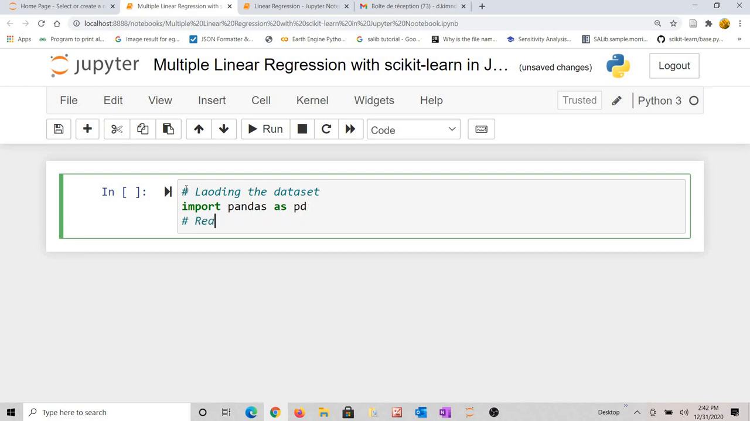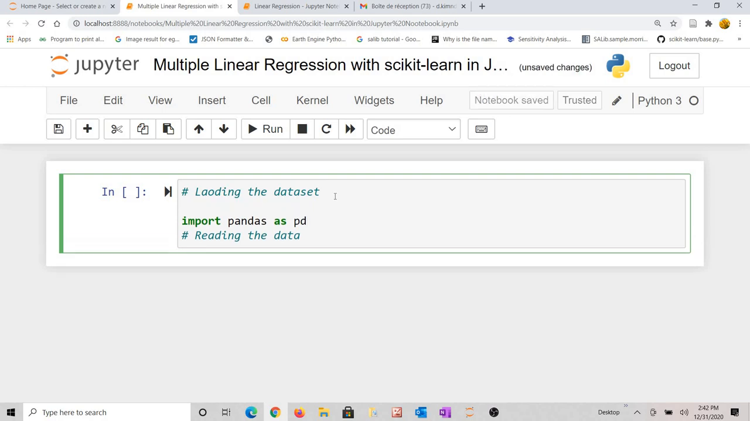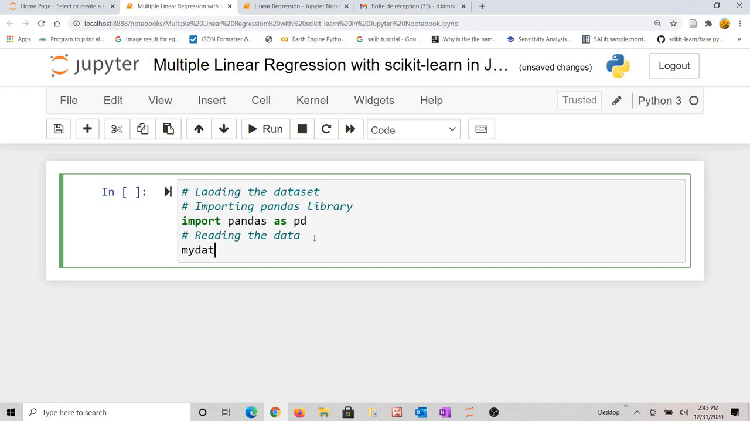Then we read the data. Okay, let me annotate. First thing is importing the pandas library. Then reading the data. To read the data, I take my data as the variable. So my data dot read CSV, parenthesis, the code,